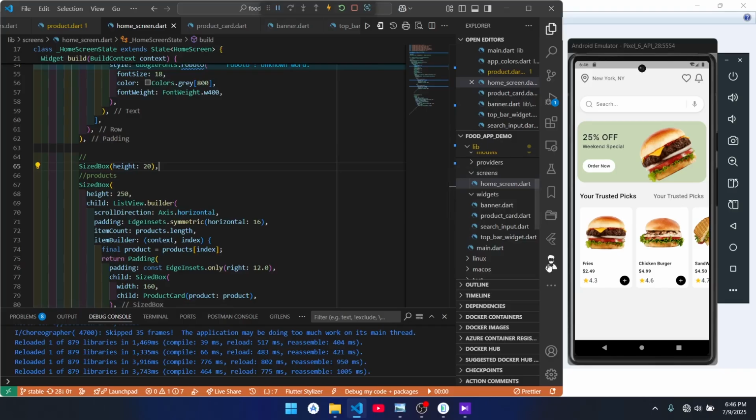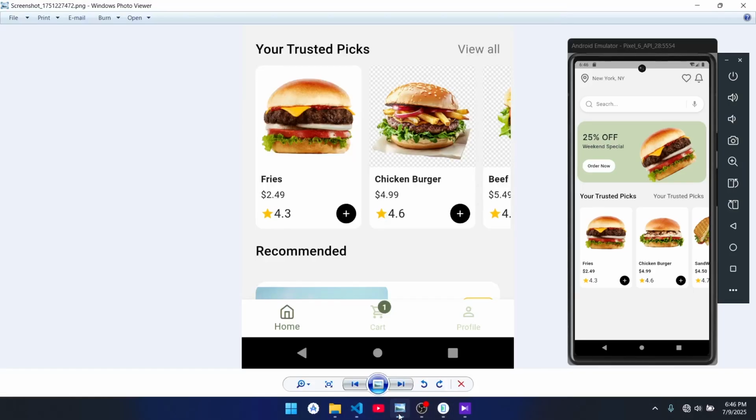So the next part we have to deal with is the recommended. So this part right here. And I know I did screenshot it, so I have to redo that, but we can obviously do the bottom navigation bar. So let's